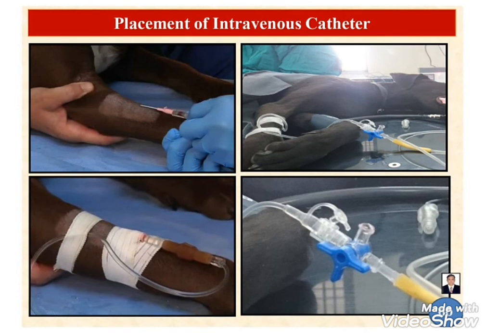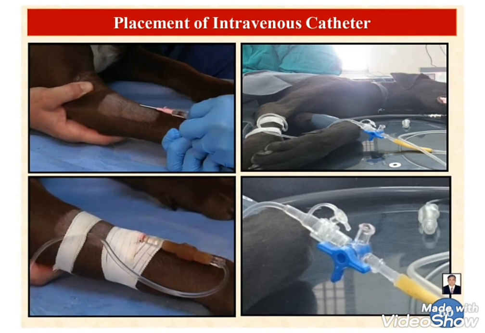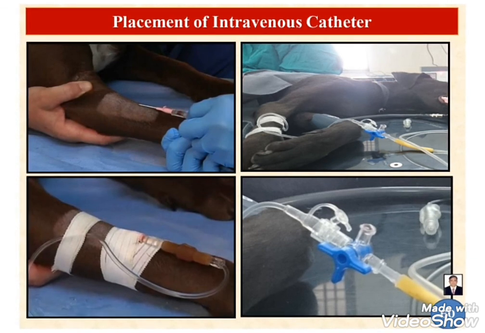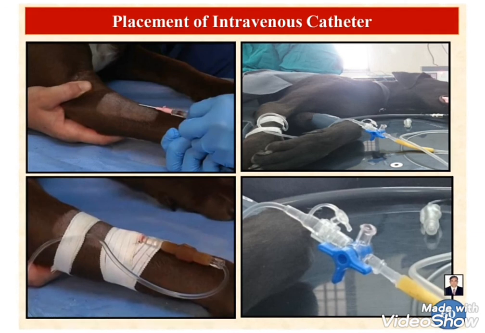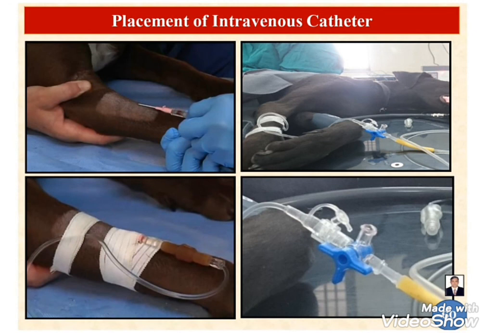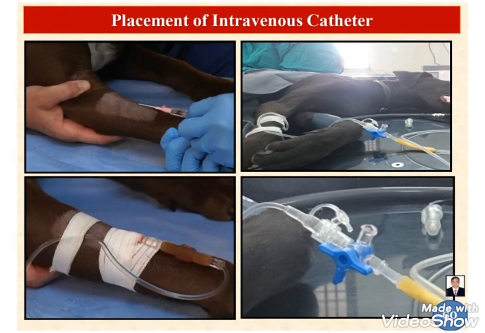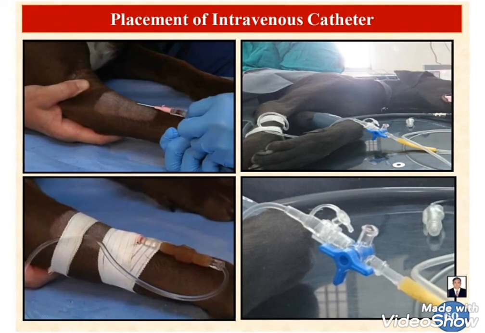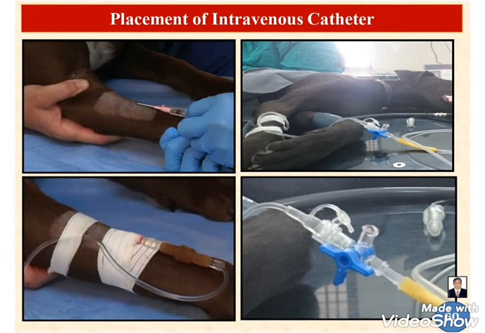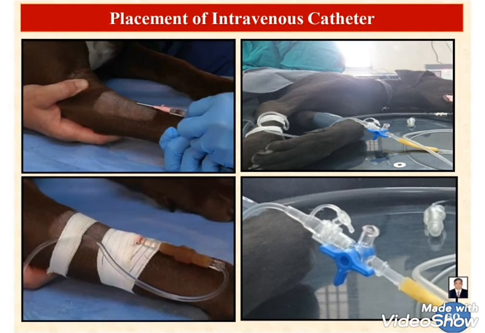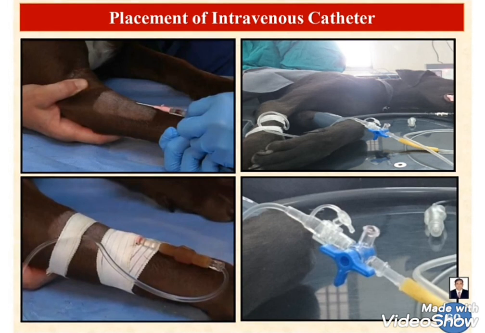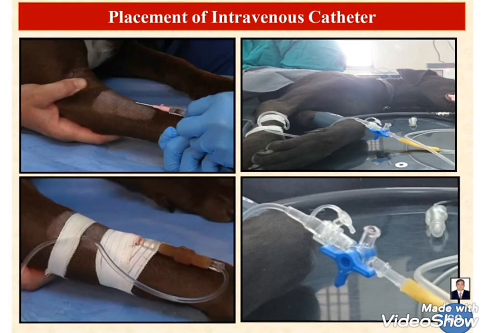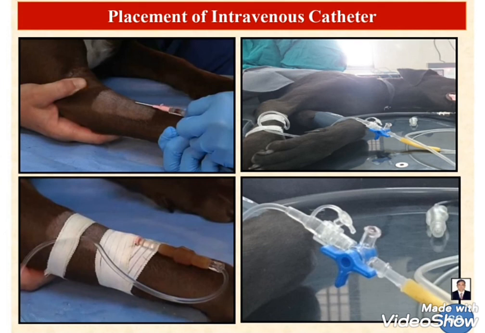After the administration of these two drugs, wait for 15 minutes without any further disturbance of the animal, and during this period you can fix the intravenous catheter for the administration of the next drugs. If you want to give atropine and butorphanol intravenously, fix the intravenous catheter earlier, in the previous steps, to reduce time. These drugs can be given by the intravenous route as well as the intramuscular route, but the intramuscular route is safe because of the slow absorption of these drugs.